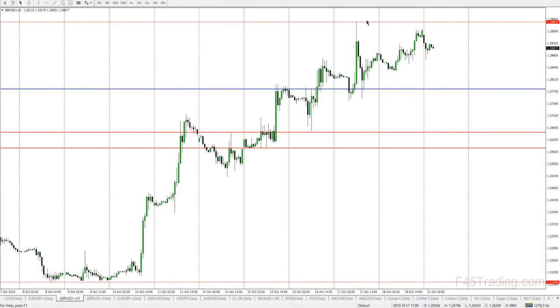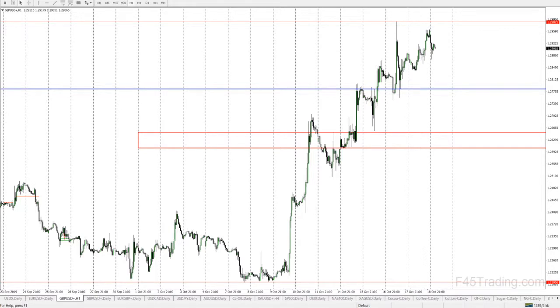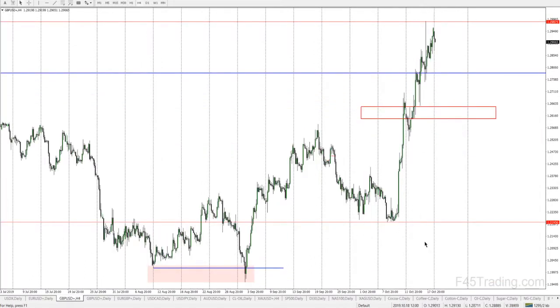If we fail to get above this high here, if we all of a sudden reverse, come up, and then fail to get above here, or just take out this high by a couple of pips, just be careful, because they could really send this thing back down. I don't want to see that happen, of course. But if you do look at this, underneath here we have some equal lows that they could want to run below to. That would be a pretty serious decline in my mind. I wouldn't think that they're going to run it all the way up here and then just run it all the way back down. But again, they just failed to pass that vote in Parliament, and so anything's fair game